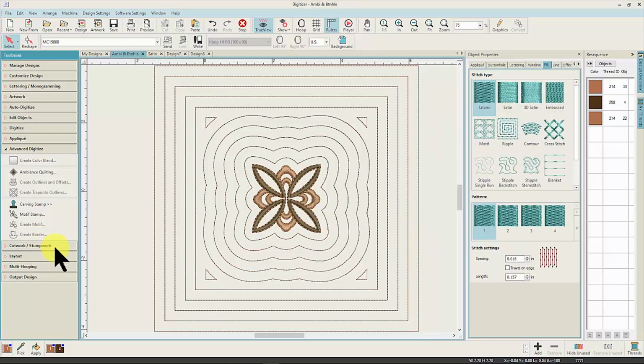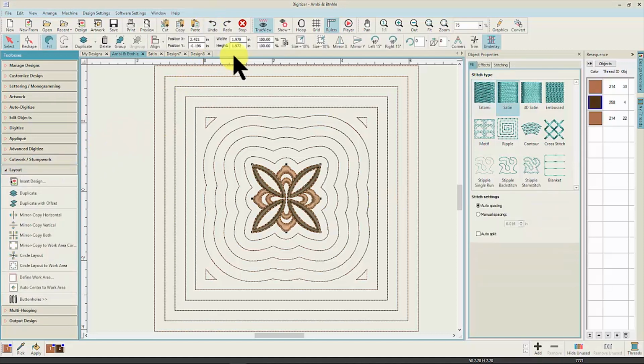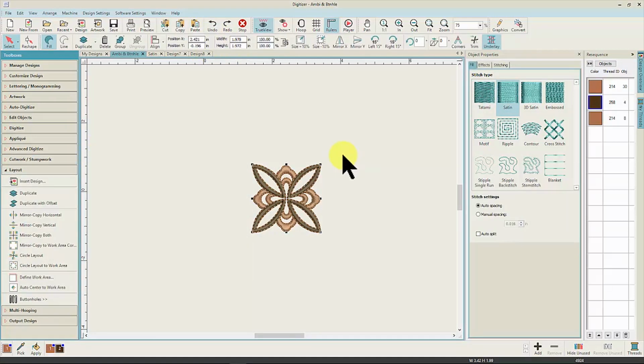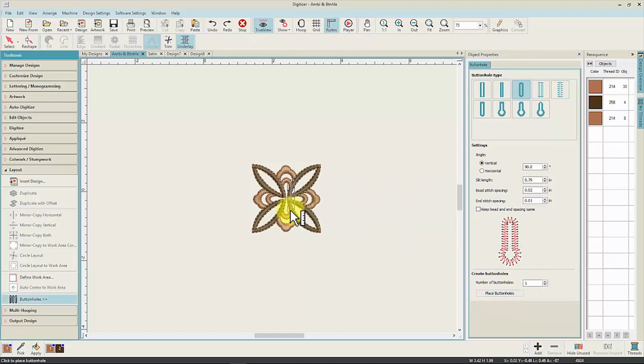Before going on to cut work and stump work, let's open the Layout tab. I'll undo my ambient quilting and show you a feature for the new buttonhole edition. If I select a buttonhole, I can select from many styles. I can select multiple buttonholes and create them in a row. I can select my buttonhole, select the number of buttonholes that I would like, and then place the buttonhole on